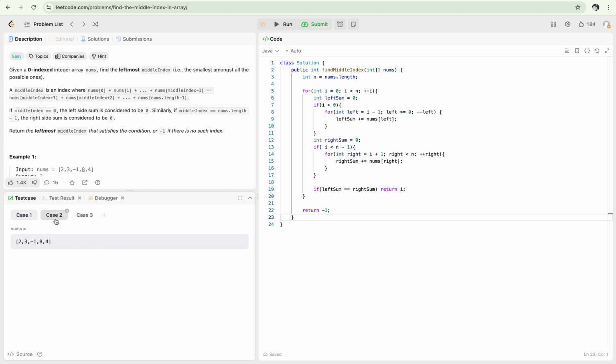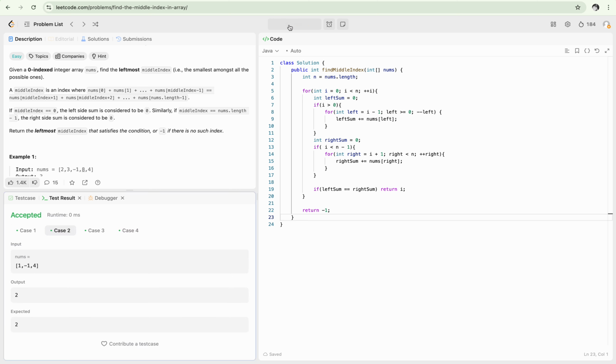Let's take this, and we'll reverse this array, okay. So the middle index in this case will be the 0th index. Let's check that out. So perfect, middle index is 0 as expected. So this solution is correct. If we submit this solution now,